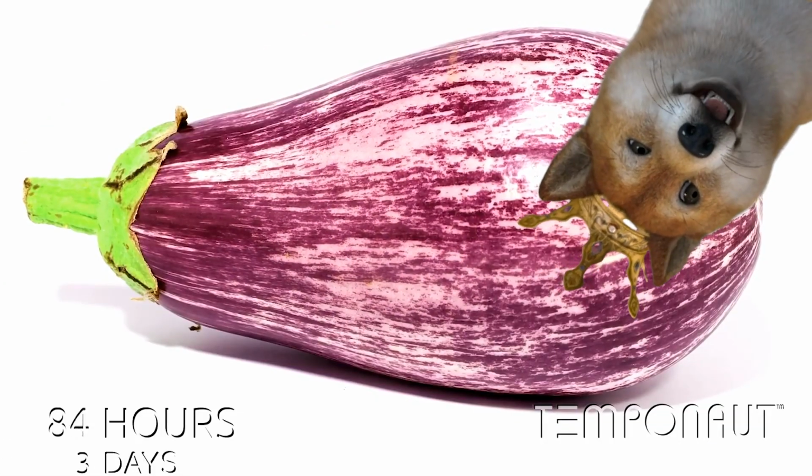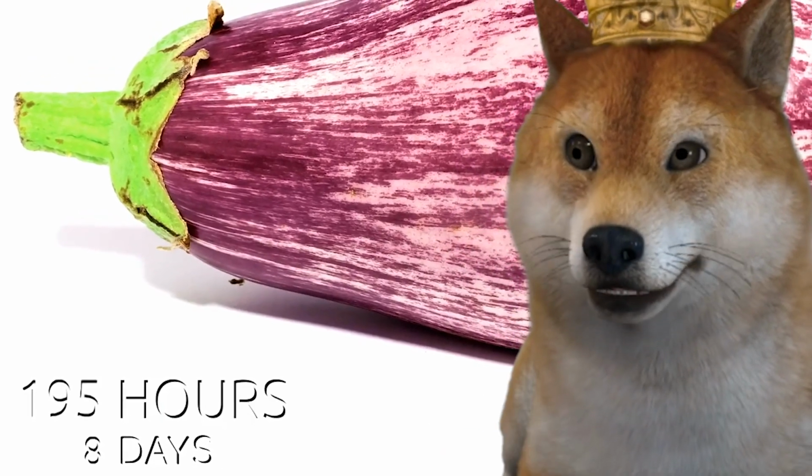$1,000. Here we got an eggplant. This is a huge eggplant. So after 4 days, I don't see any changes. This is 7 days now, still nothing. After